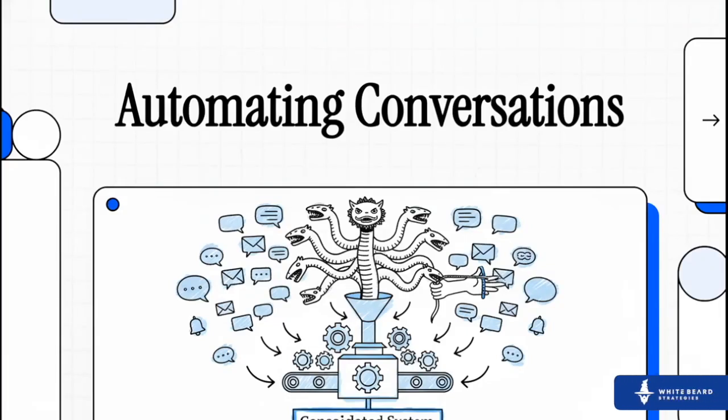All right, let's just jump right in. If you're running a business, you know the feeling. Managing all the customer conversations can feel like you're trying to tame some kind of multi-headed beast. You answer one message and bam, two more pop up somewhere else. So in this explainer, we're going to break down exactly how to fix that using a little bit of automation.